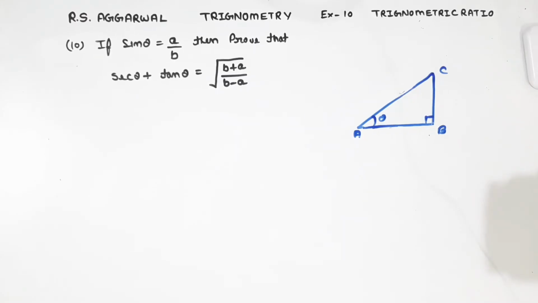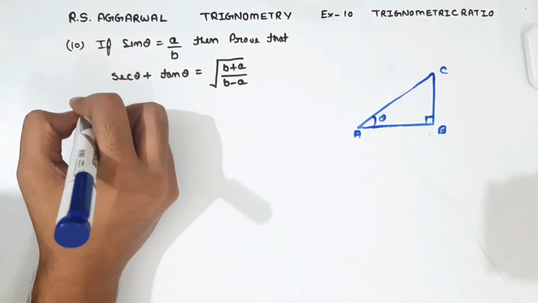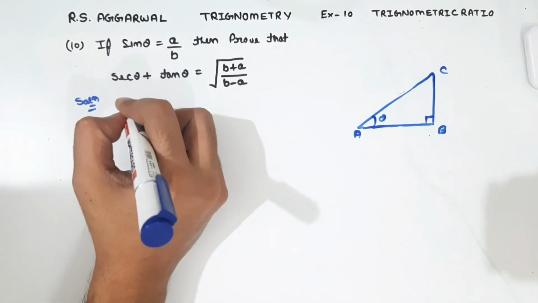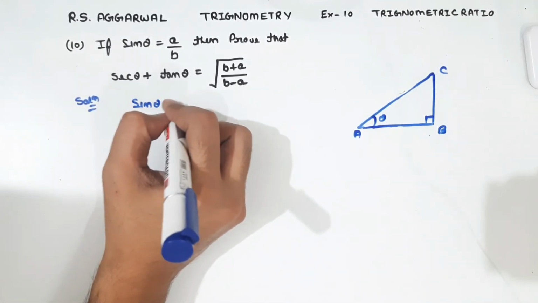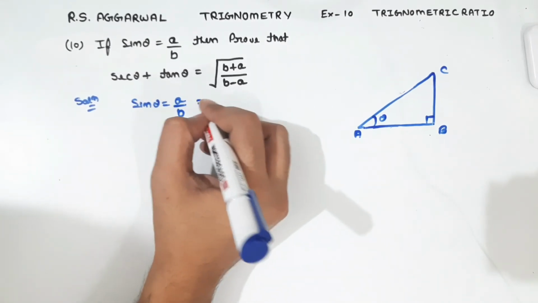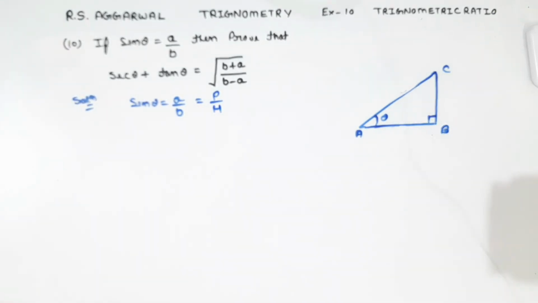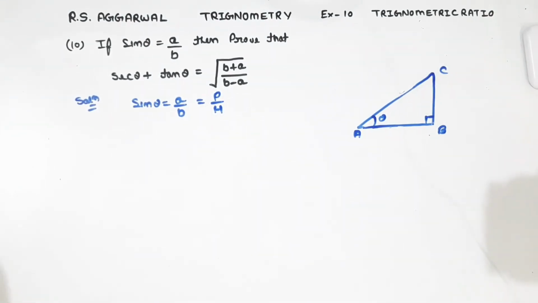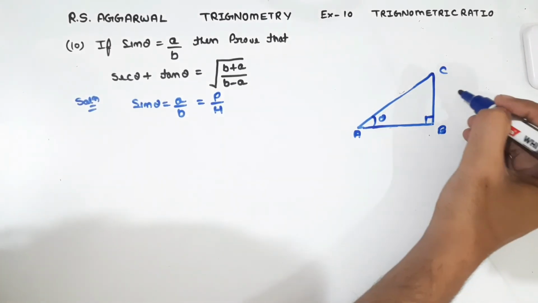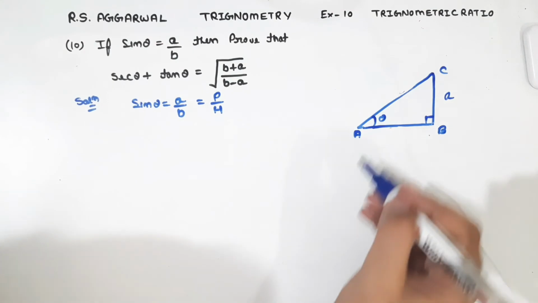R.S. Agrawal trigonometry exercise 10 trigonometric ratio question number 10. If sin theta equals to a upon b, then prove that sec theta plus tan theta will be equals to under root b plus a upon b minus a. So in this problem we have given that sin theta is a upon b. So we know that sin theta is given by perpendicular upon hypotenuse. So in triangle ABC whose angle is theta, so perpendicular will be BC, that is A,